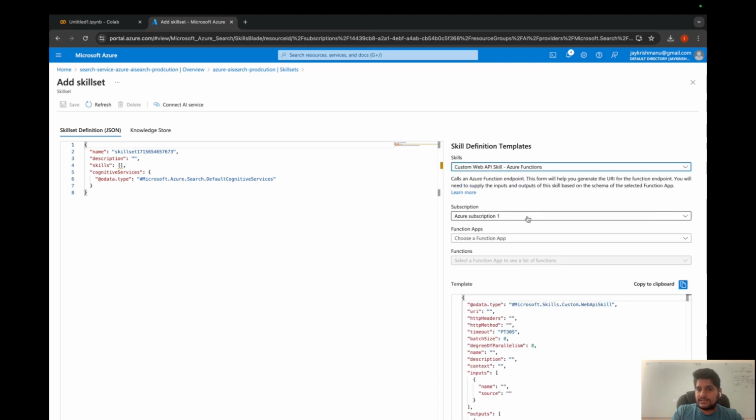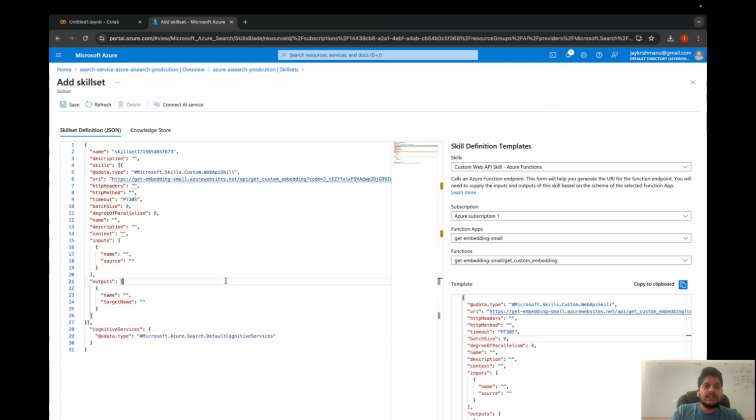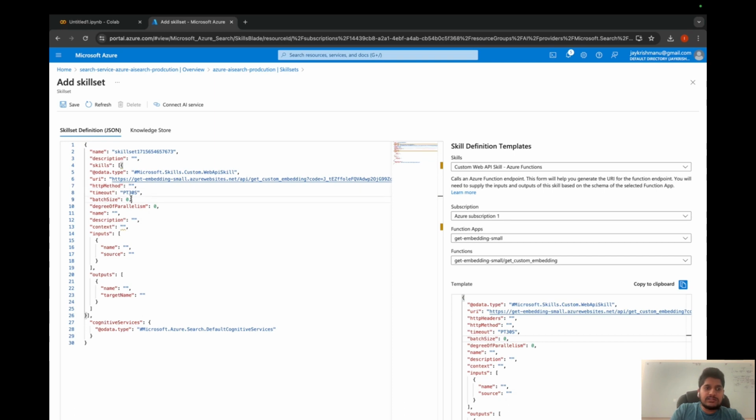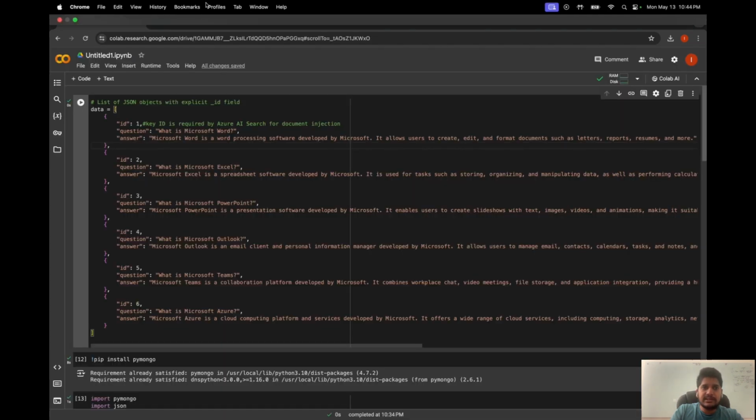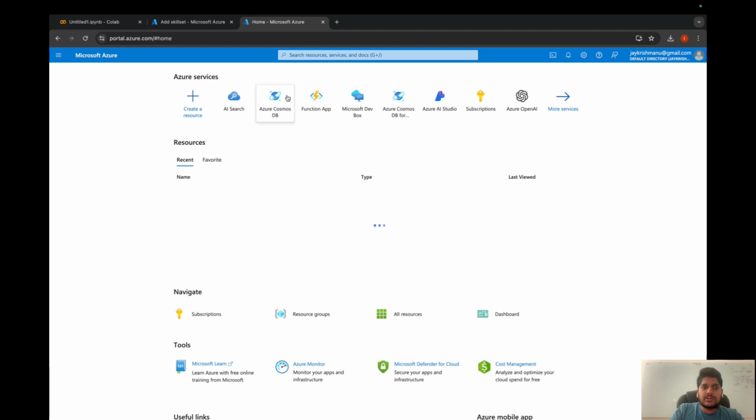to our skill sets. Okay, let's create a new skill set, and as we hosted the previous thing in Azure Functions, come to the function, it will show everything. We don't need to do anything here. Copy it here and just paste it over here. Okay, and just remove the HTTP headers, and let's give the batch size as 1 and degree of parallelism as 1. And the context would be the document. What is our document? The entire thing which is present in our Cosmos DB,